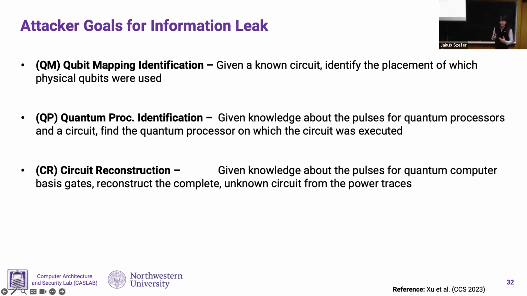So in the user circuit identification, the idea is to match, from a set of circuits, which one the user is using. The circuit reconstruction would be sort of the extreme, where you just totally reconstruct any possible circuit. So these are either identify one of n possible circuits, identify some part like the ansatz, identify which qubits are being used or which processor, or actually reconstruct the total circuit. And of course, that would always be the ultimate goal, to reconstruct the full circuit, but that might be more